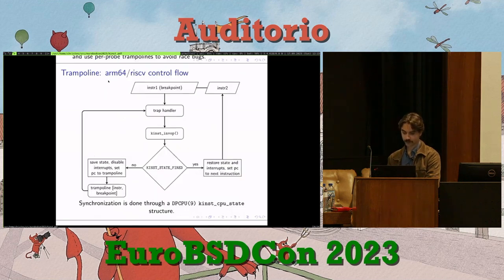And for ARM and RISC-V, which is the mechanism that AMD64 is going to have soon, this is the control flow. We enter KINST, and we decide, okay, has this probe already fired? If it hasn't fired yet, so this is the no case,